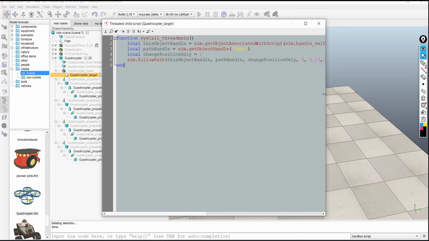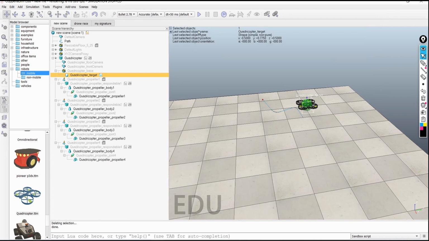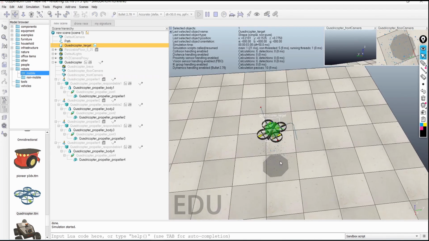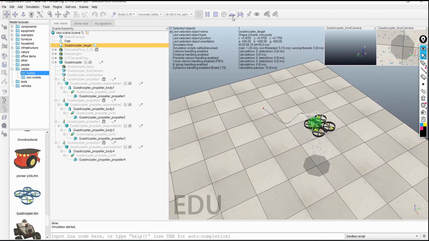This is the code that I already told you all about. Now look what will happen. When I turn on the simulation, it starts following this line. Can you see?